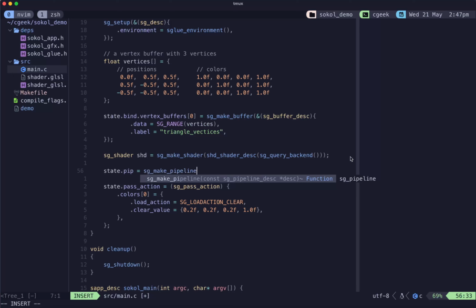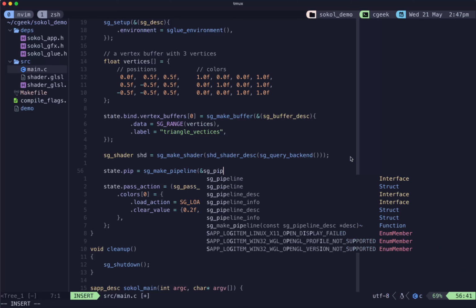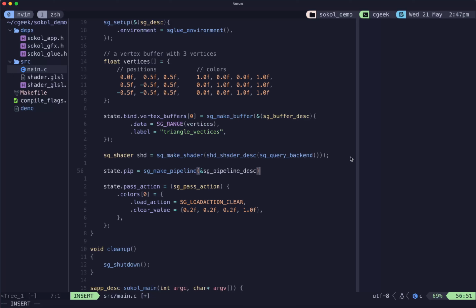Okay, and once again, this takes a pipeline description. So this is a common pattern in Sokol where we just make a resource and we pass it a description. So we pass it a pipeline description. Now you can obviously use this as a variable, right? You can create that as a variable, but we're using